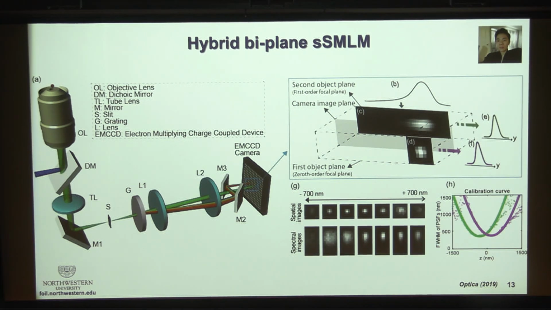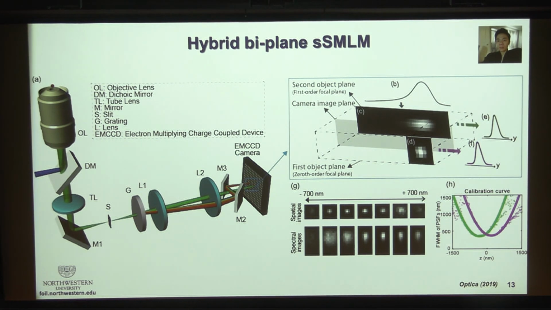King He contributed significantly to the initial optical design. He is now a faculty member back in Korea. What he did is we had the zeroth order for the spatial beam and the first order for the spectral beam. In order to achieve a biplane design, he added a pair of mirrors. Of course, they are highly coated, high reflectivity mirrors, so that we have the biplane,